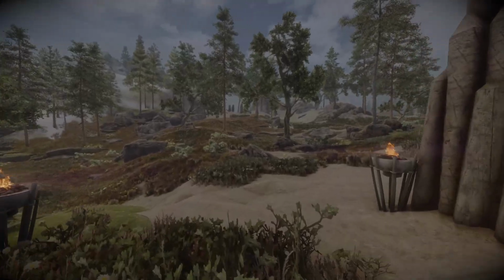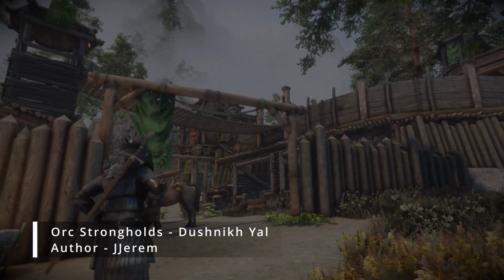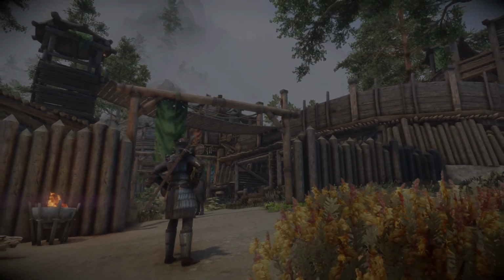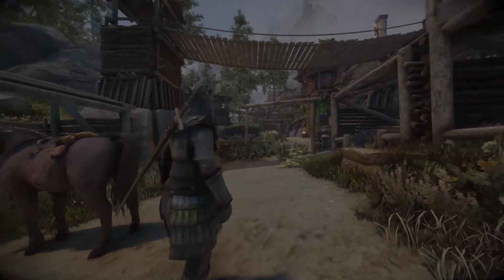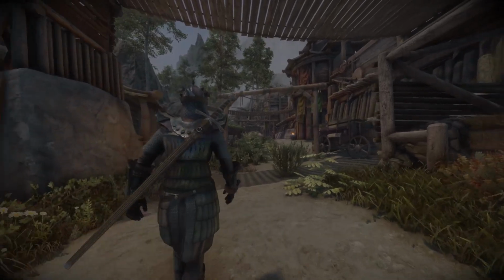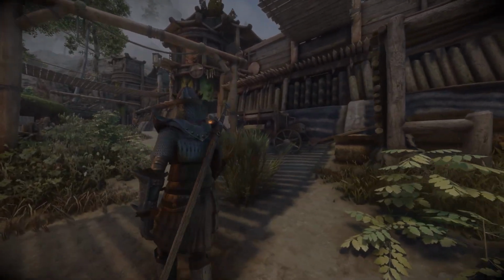So this is Orc Strongholds Dunkinal by J Ream again. This is more of an open stronghold compared to the other. I think this is more open in the vanilla game anyway. It doesn't actually have massive doors on the outside. It's more open to the public, I'd say. But this is really sick as well. So I'd say this is one you definitely need to change the Dunkin Schgal or whatever you want to call